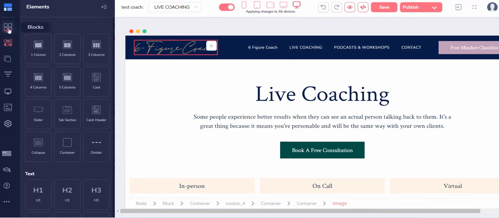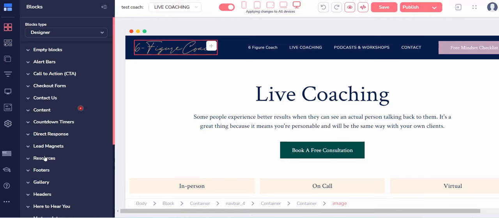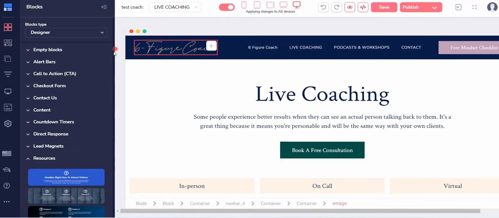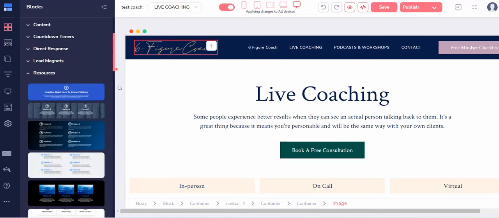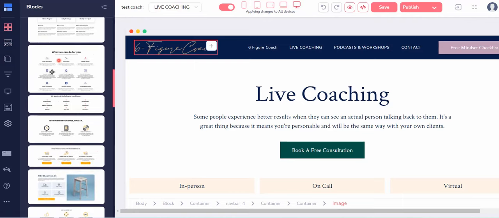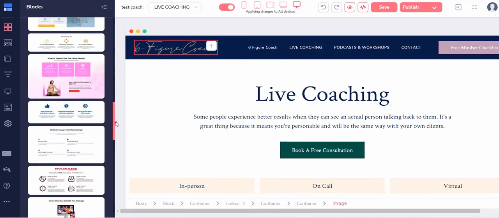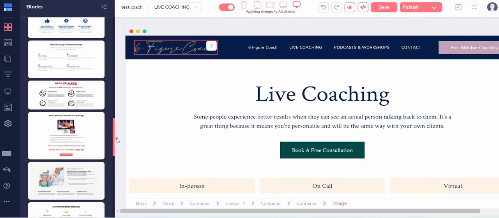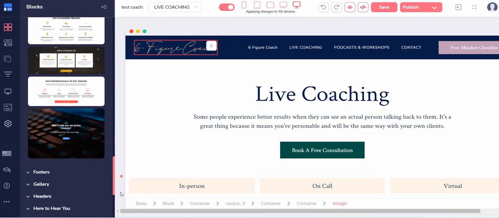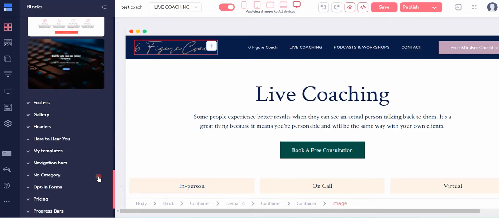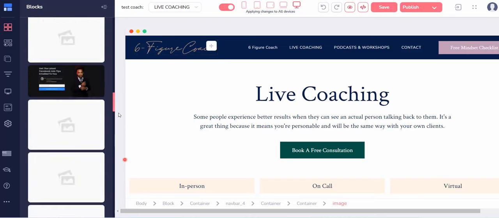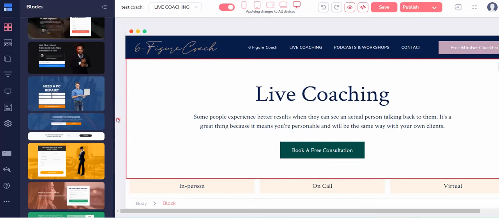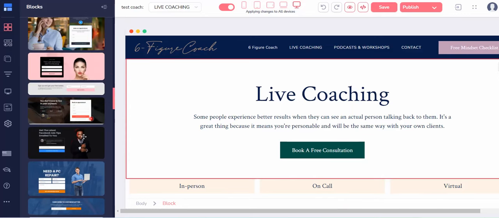So let's just look at some more blocks here, because I didn't show you. So the resources here. Let me show you some of these that are, again, pre-made. Okay, you can see these are already all built out. Photo styles, different types of icons, photo videos you can use. There are footers, there are headers, galleries, there are navigation bars, opt-in forms, there is pricing. You've got lots of different opt-in forms there, pre-built. So you just literally